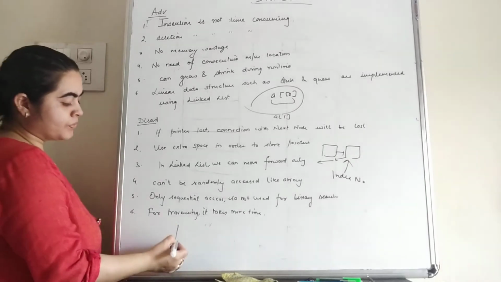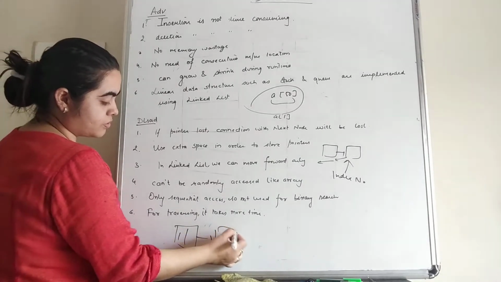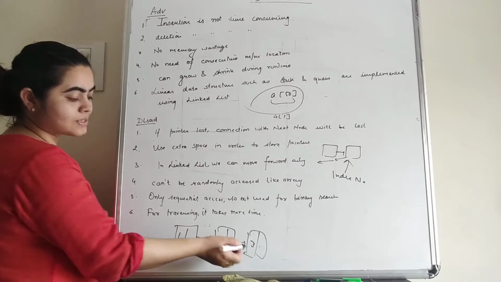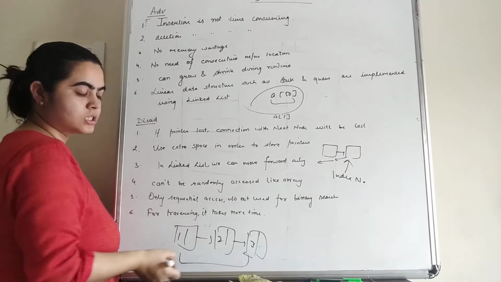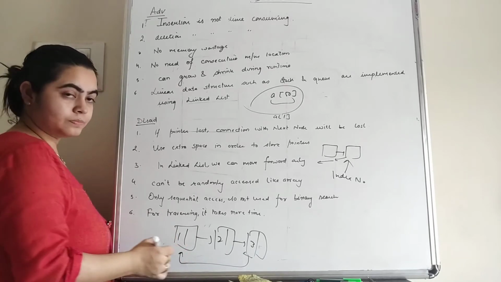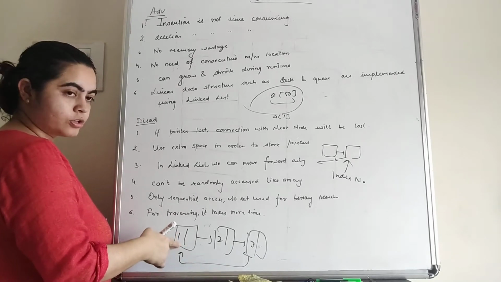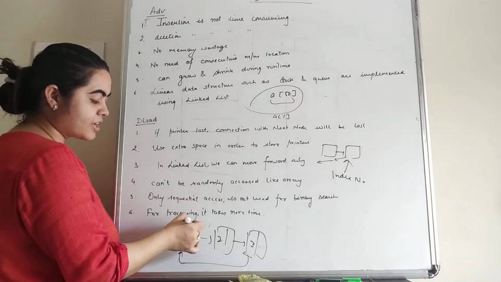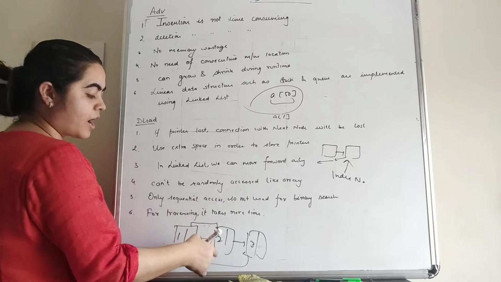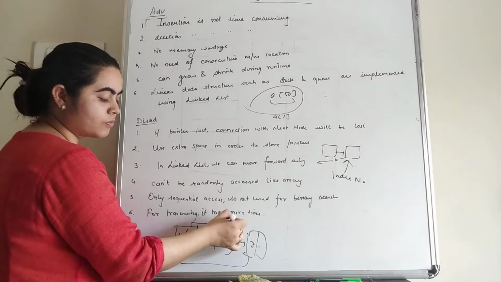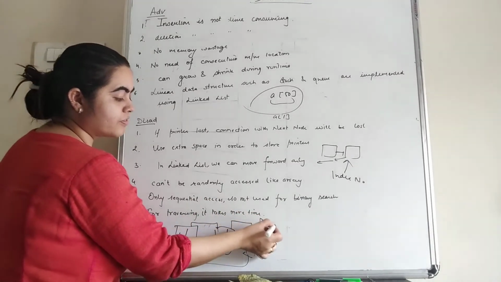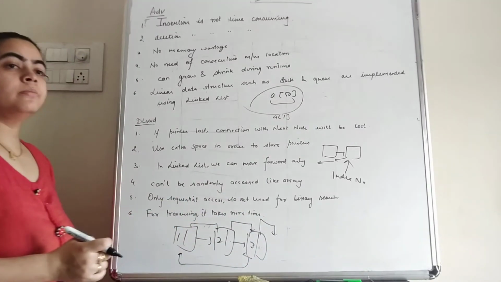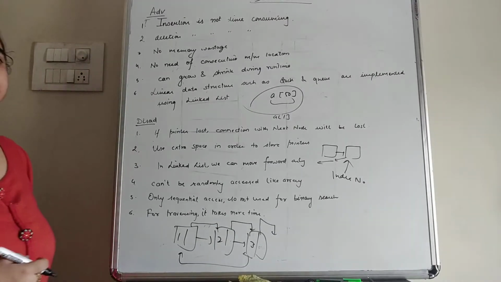Suppose this is the linked list with three data elements 1, 2 and 3. So if we want to traverse this list, we have to go to the first data element or the first node. Then in front of the first node we can check the link, and by checking this link we can go to 2. Then we can check the link part of this, then we can go to this, and after that we have to check the link part of this. So that means it takes time in order to traverse the data elements in case of the linked list.